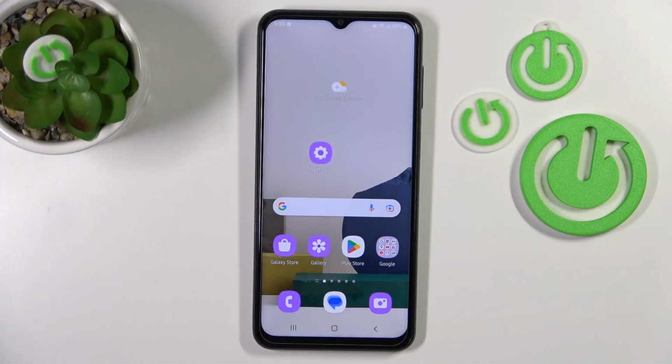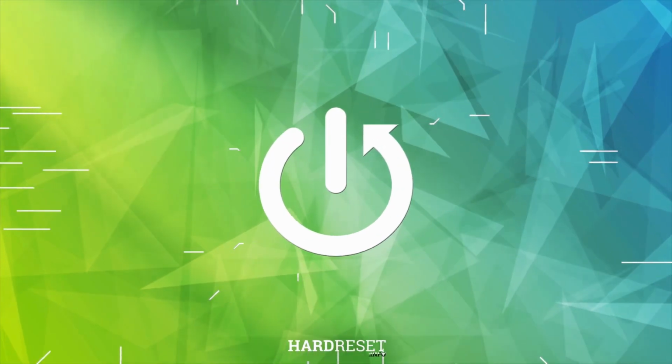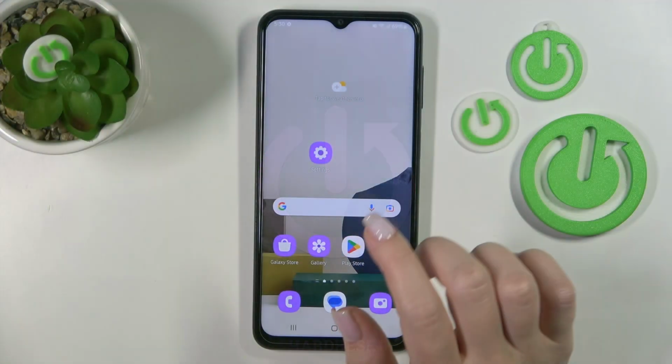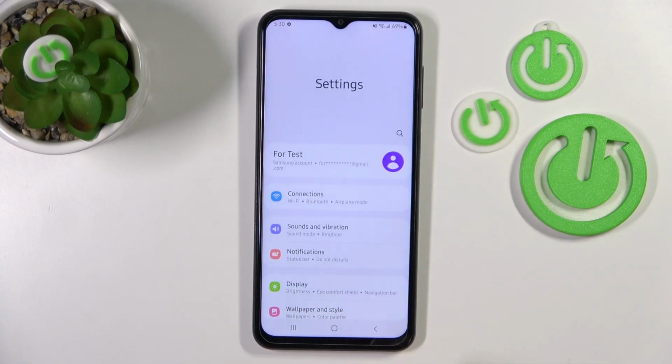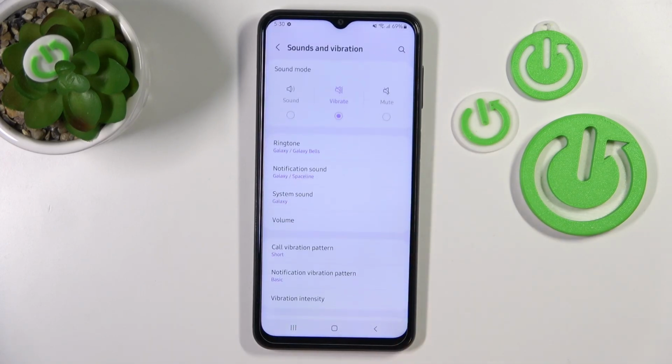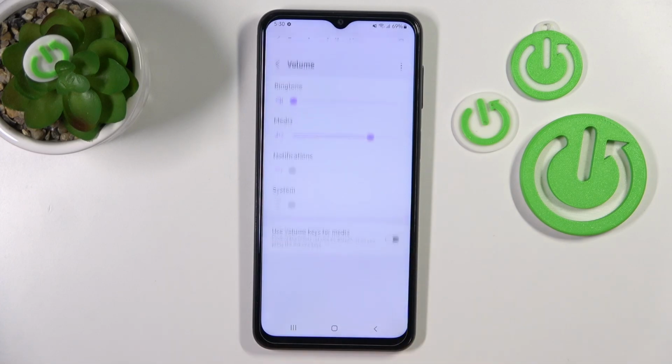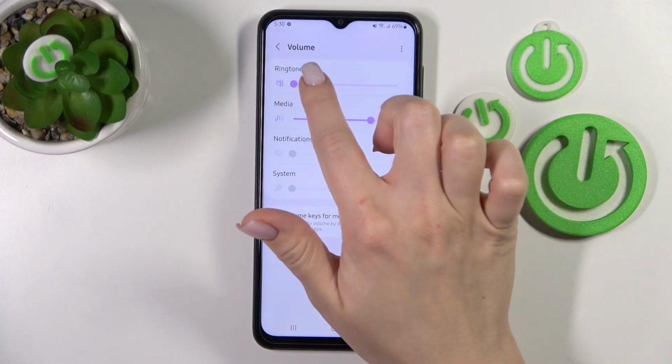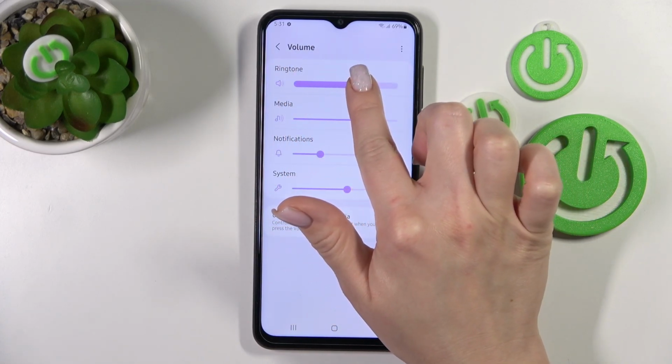Hi, today in front of me is a Samsung Galaxy A23 and I'll show you how to unmute the ringtone volume on this device. So first, we should open the Settings application and then tap on Sounds and vibration. Here, click on the Volume section and, just to unmute the ringtone volume, we should hold and swipe to the right side